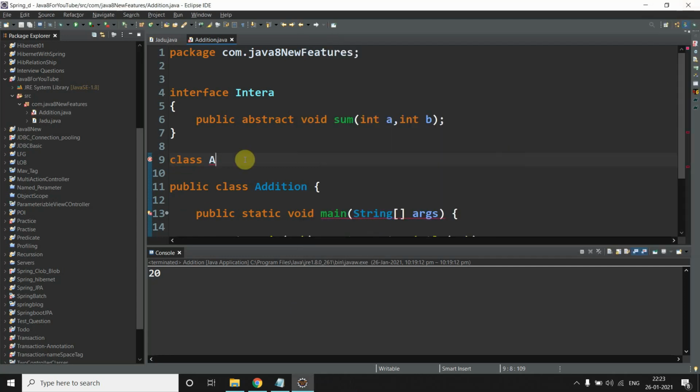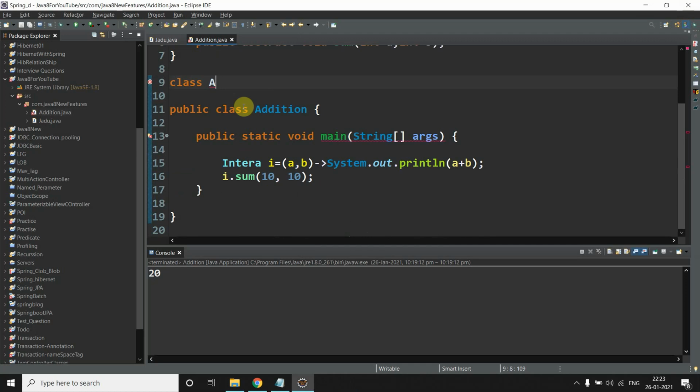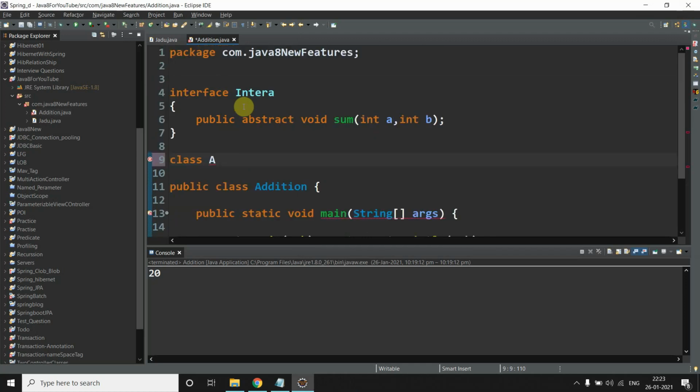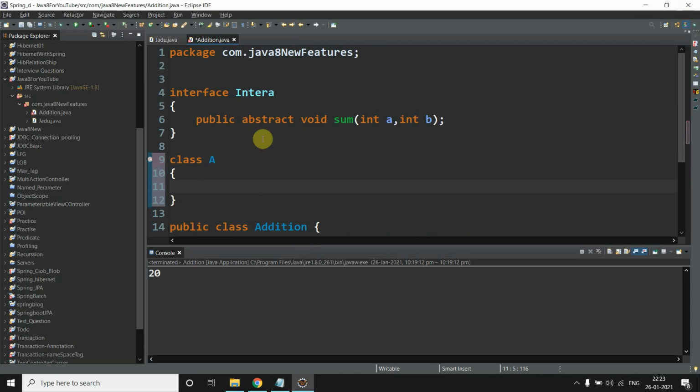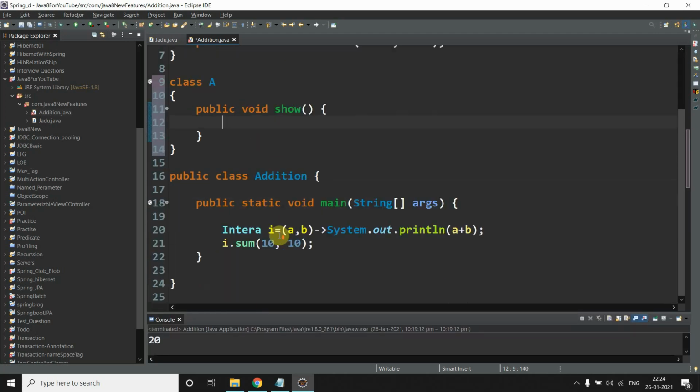I will create one class A, and I will create one method, public void show, and we will give the implementation for variables.